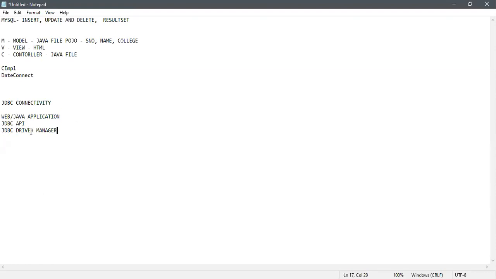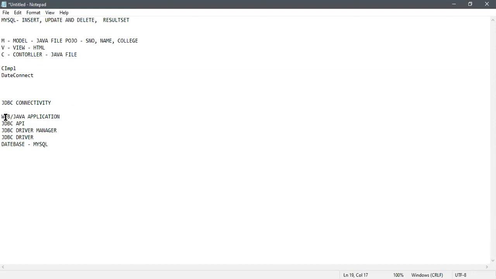So these drivers will do a lot of things. This is a manager that manages this API and web. From here onwards, by using the JDBC driver, now the database is available, which we call MySQL. All these things are needed for JDBC database connectivity.